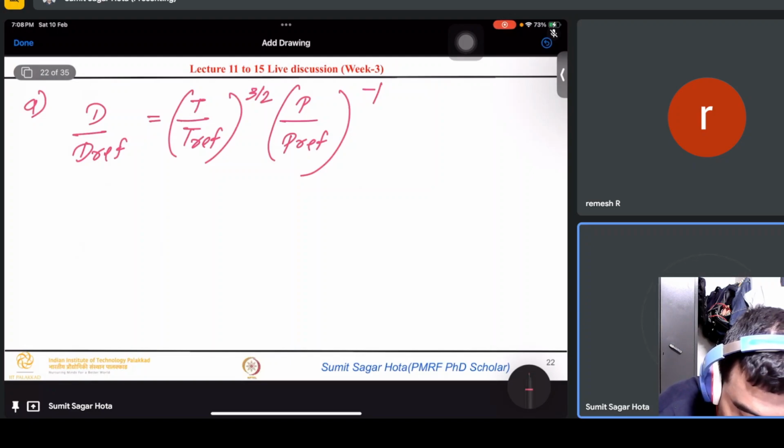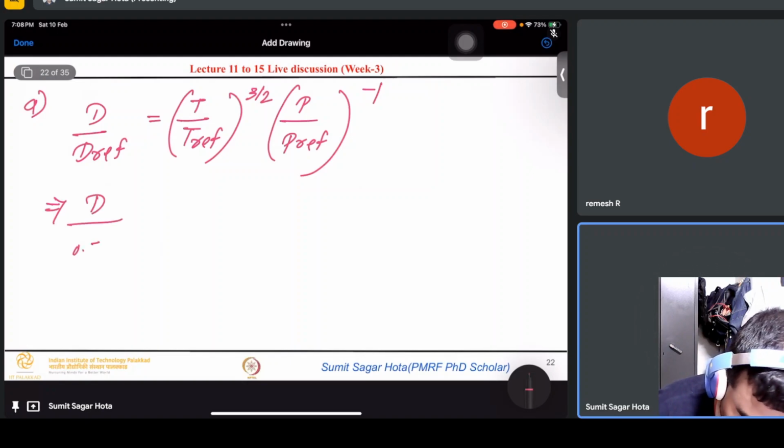Here actually the reference condition is different. For binary diffusion the reference condition is instead of 298 Kelvin, 273 Kelvin. Accordingly the D_ref value is also calculated at 273 Kelvin and 1 atmosphere. This is taken from the appendix of Turns' book, third edition, An Introduction to Combustion. Just substitute all these values. The D_ref will be 0.10